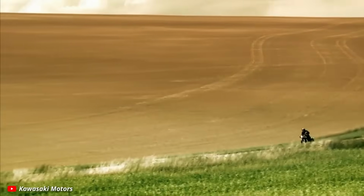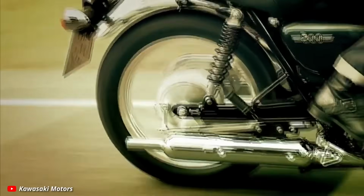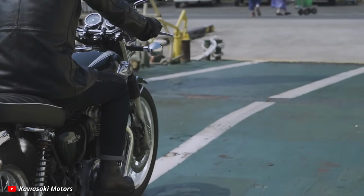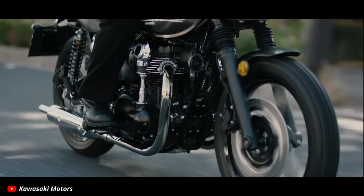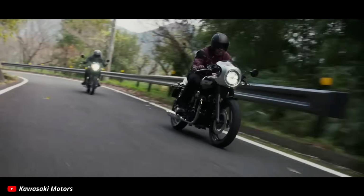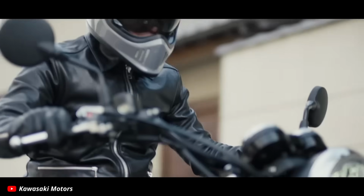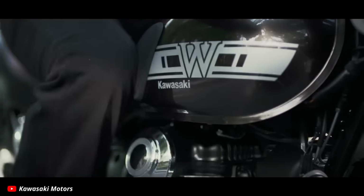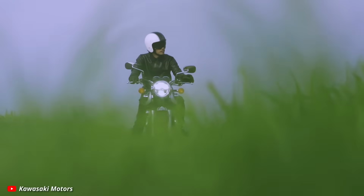Initially, the W800 was again not offered in the US. Kawasaki instead focused on Japan primarily and Europe, but as this segment grew, Kawasaki finally reintroduced it to the American market, this time with multiple variants. There's the W800 Street, which is a stripped down, urban style version, the W800 Cafe, which featured a steep cowl and lower bars and a bikini fairing,